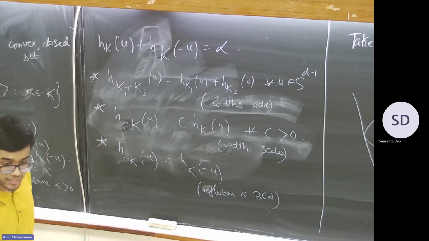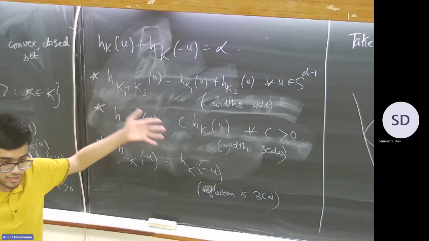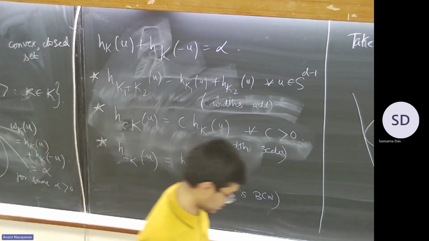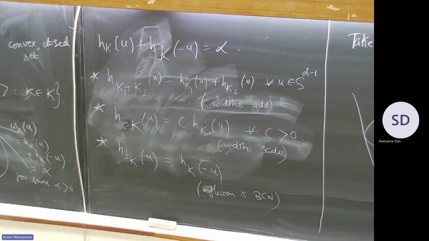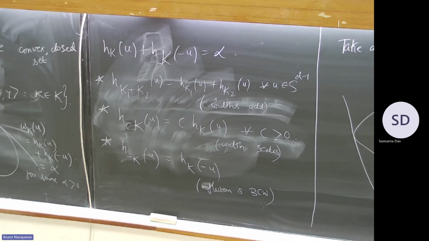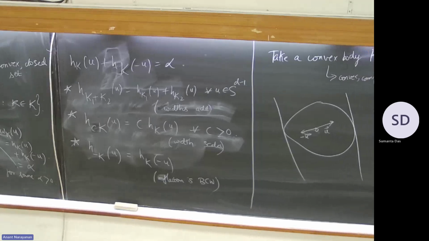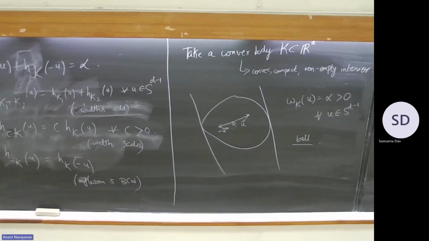Now you have these very nice properties. You know a lot about these bodies of constant width through these support functions, and that is very useful for us. Right. So up till now, are there any questions as such? I have one. If the body is centrally symmetric, yes,